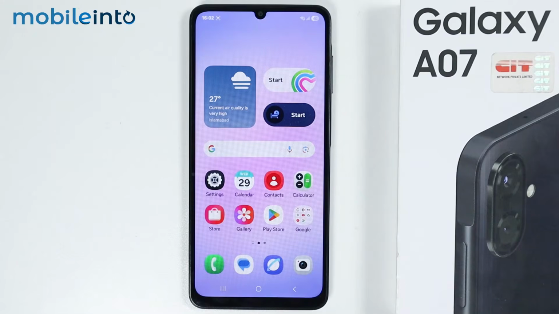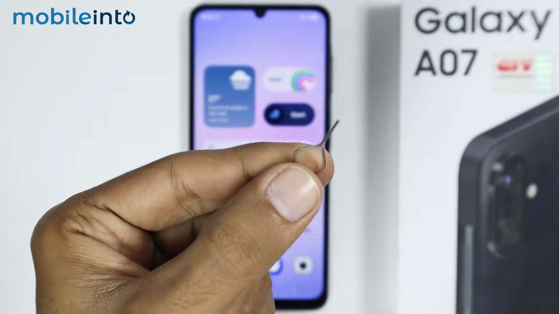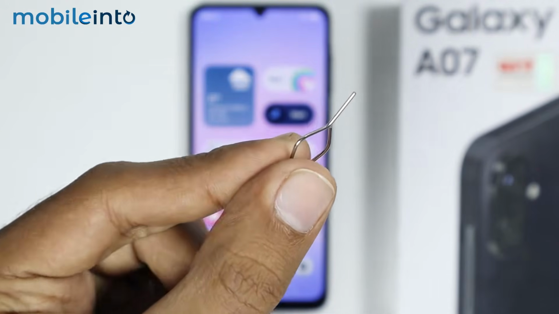Hey, what's up guys? So in this video, we will see how to fix the network problem on the Samsung Galaxy A07. Now to do that, first of all, just make sure that the SIM card is inserted properly in your Samsung phone. For that, just use the SIM card ejection tool, which comes with your smartphone in the box,